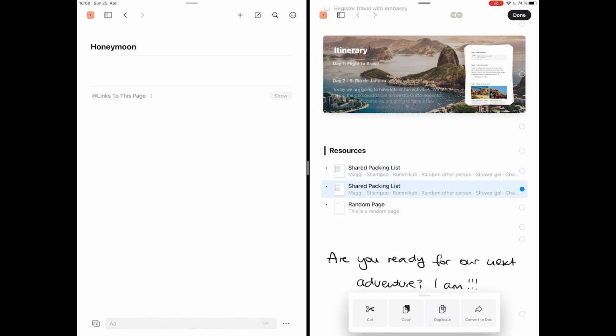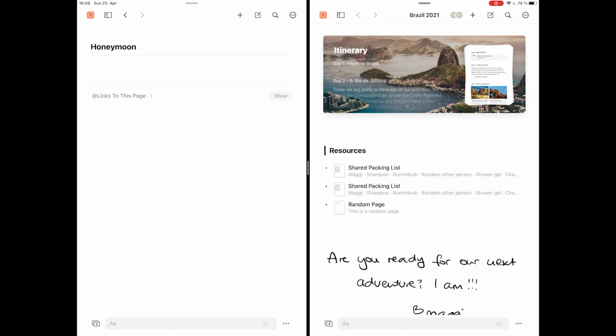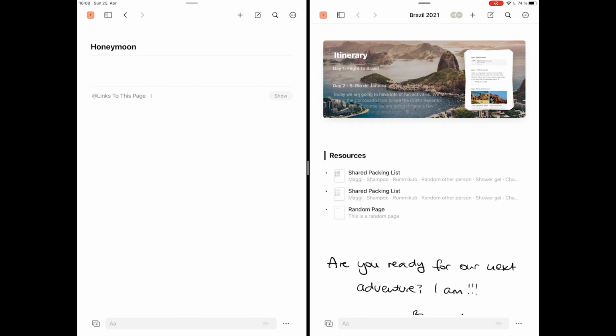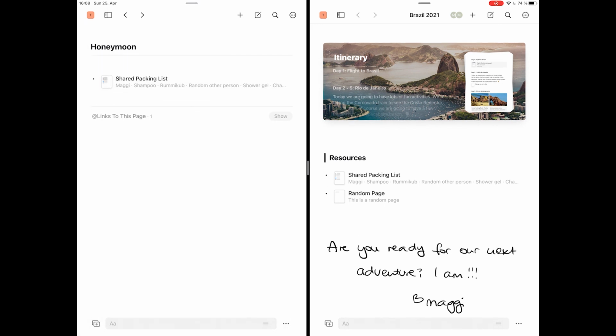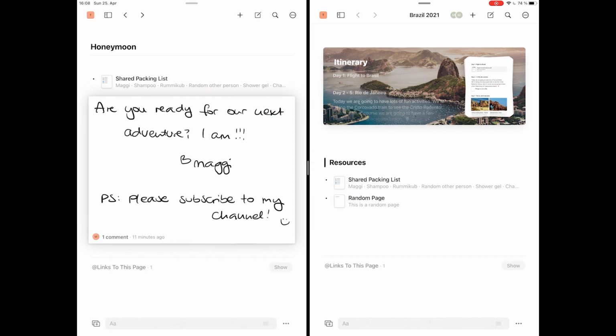And now I have it twice. So now let's say I want this packing list for the honeymoon as well. I just drag and drop it over, and now it's also part of the honeymoon page. So it's very, very easy to drag and drop content from one place to another and get your information reorganized if you need.